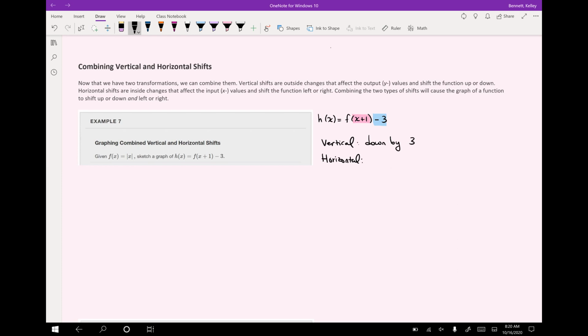And this is going, you might think it's going right because we're adding, but remember it's kind of opposite. So it's going left by 1. So we know what f of x is. F of x is the absolute value function. So if I have my absolute value function here,